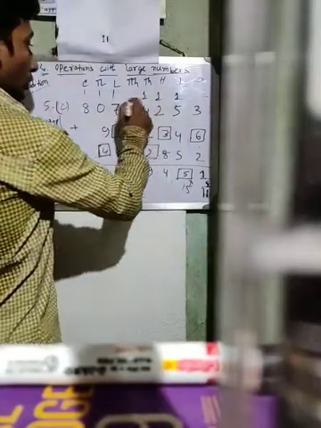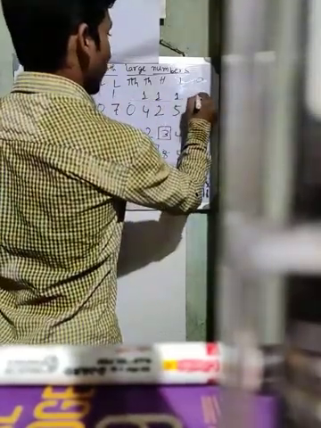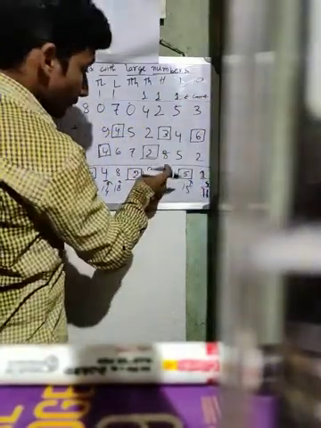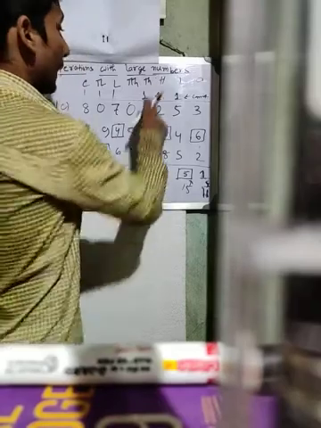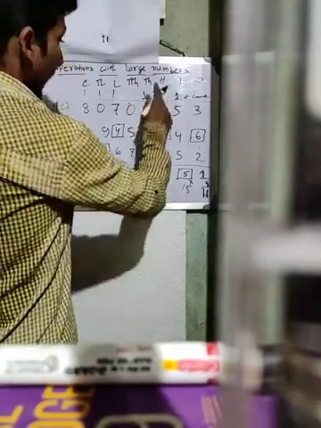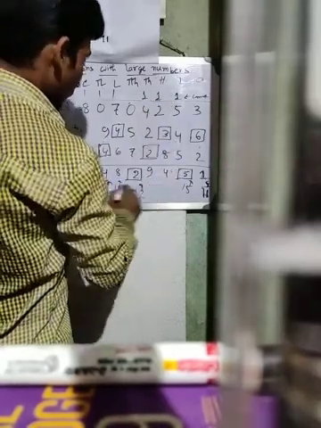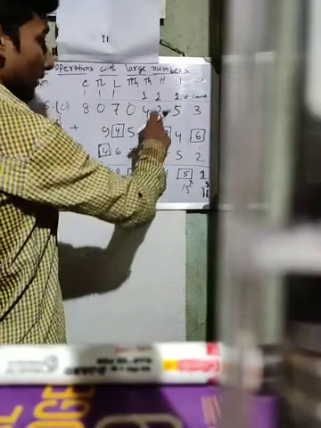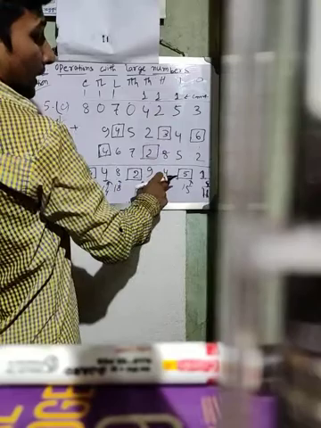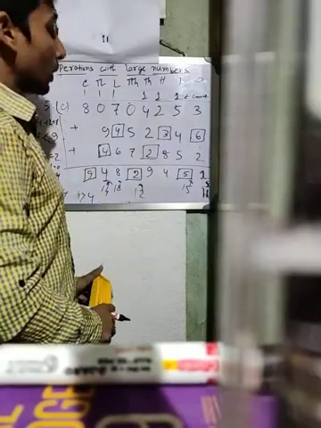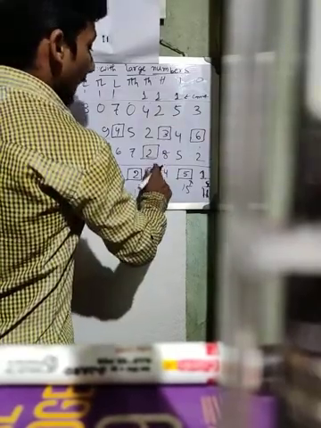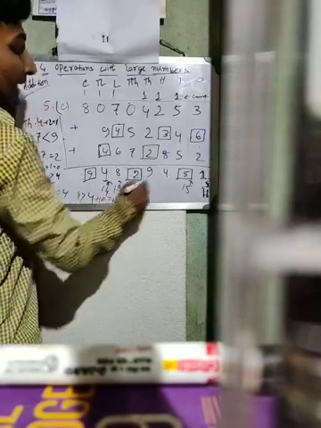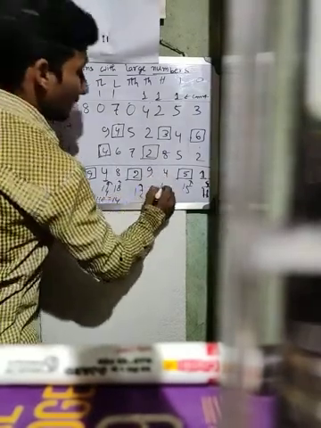Now this is the carry. Now 8 plus 2, 10, 10 plus 1, 11. Again 11 is greater than 4. Is it possible that the sum of 4 digits is greater than the sum? No. So this addition must be 14.